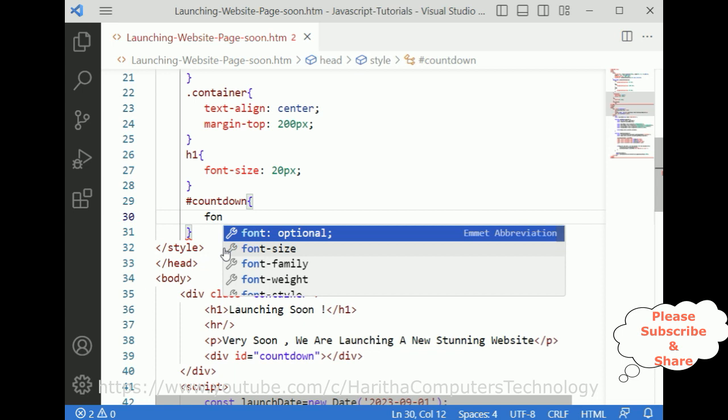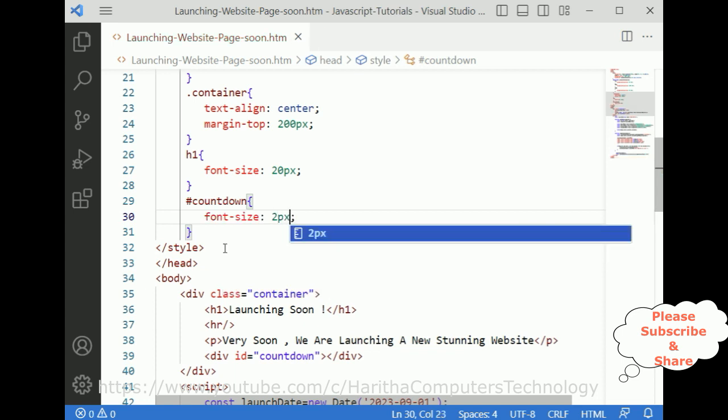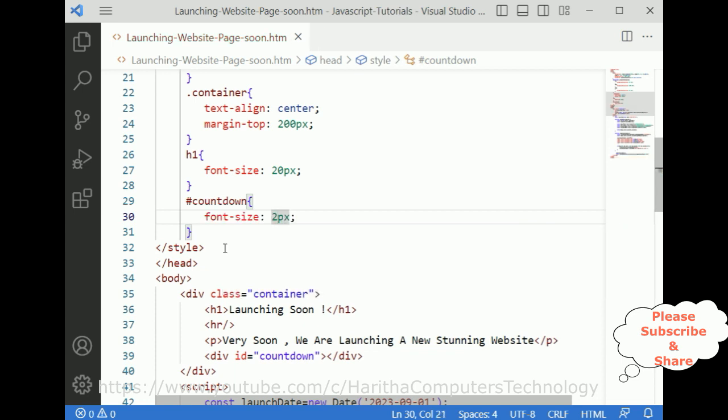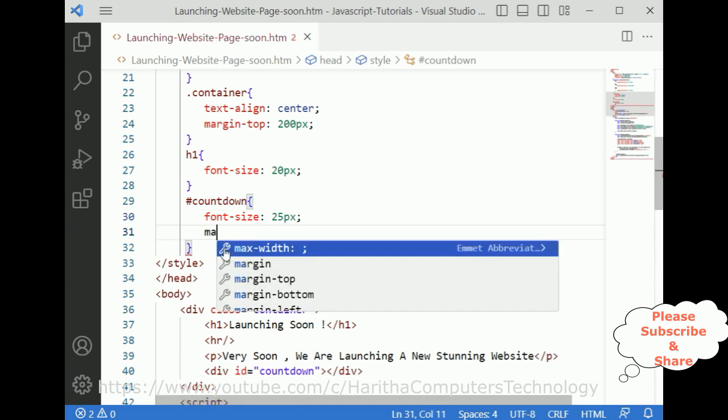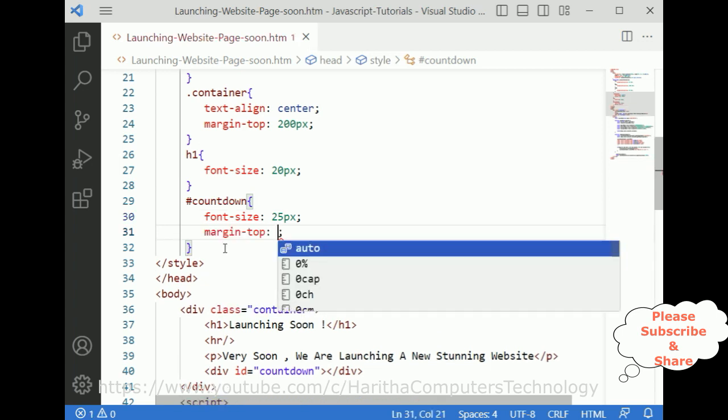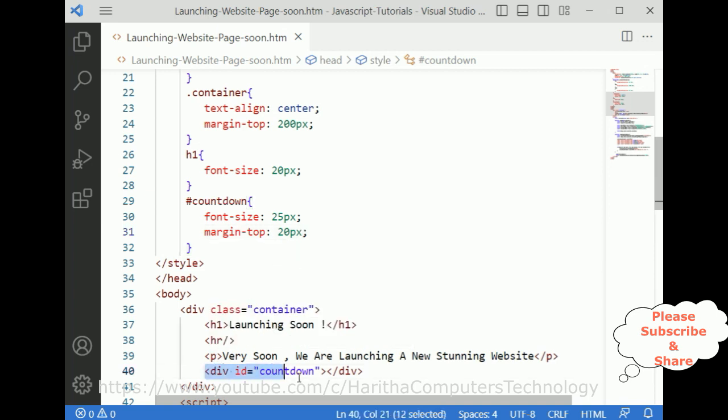I'm adding font size 25 pixels, margin top 20 pixels. So after the p tag it will give some margin of around 20 pixels, then this div container will